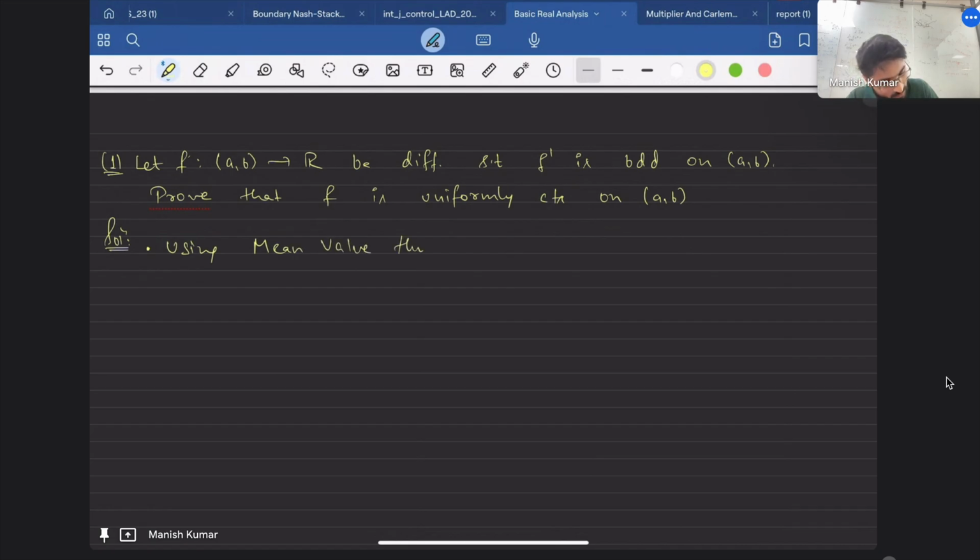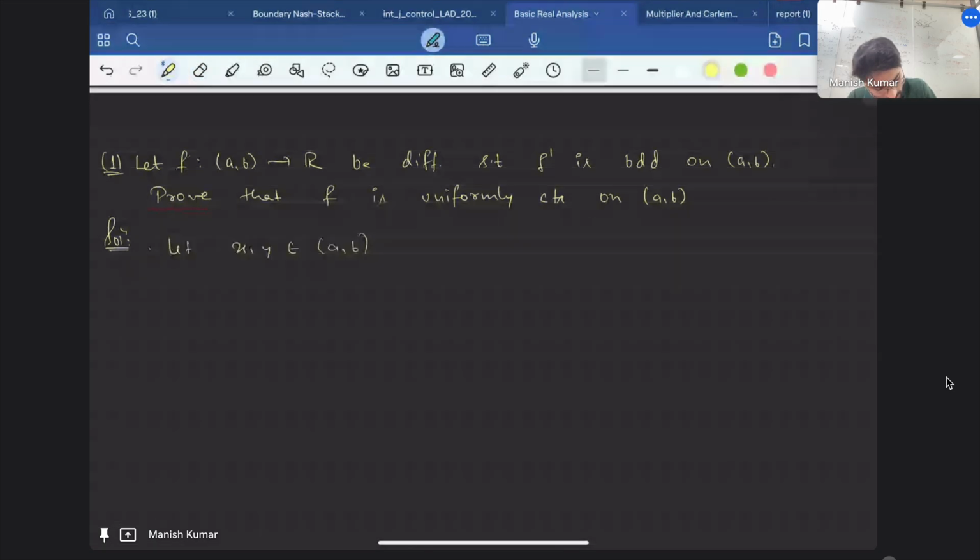Now, using the mean value theorem, we have that there exists some c in, let's say, (a,b), such that f prime of c is equal to (f(b) minus f(a)) upon (b minus a). Okay, so I'm choosing any x, y. Let me restrict to any x, y. So let